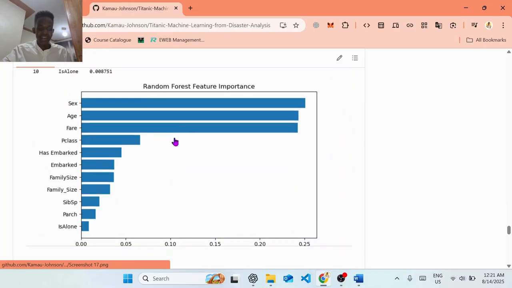Then at the end, I got a random forest feature importance, which concluded my research on sex, age, fare, and P class with the categories that would affect if a passenger would survive or not.